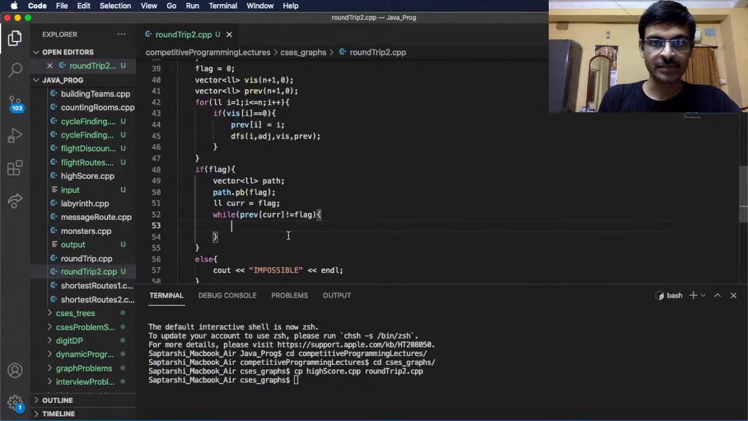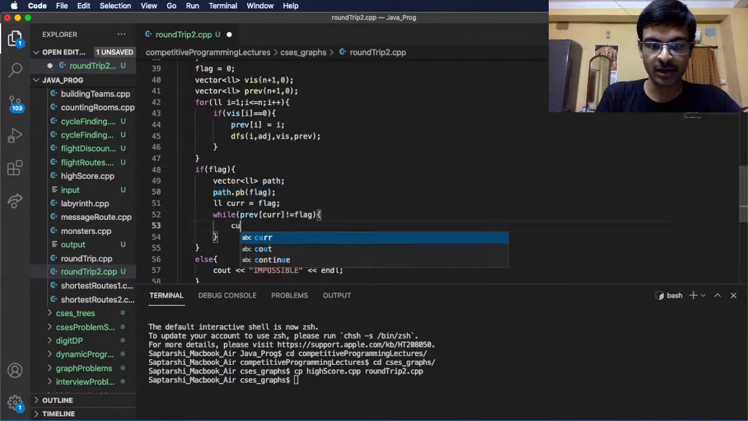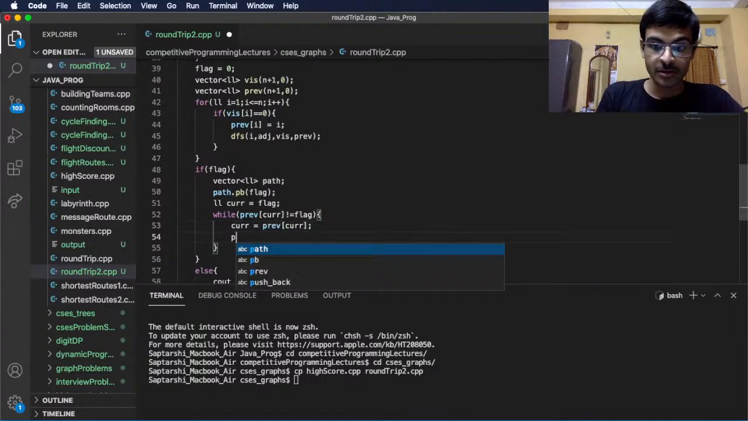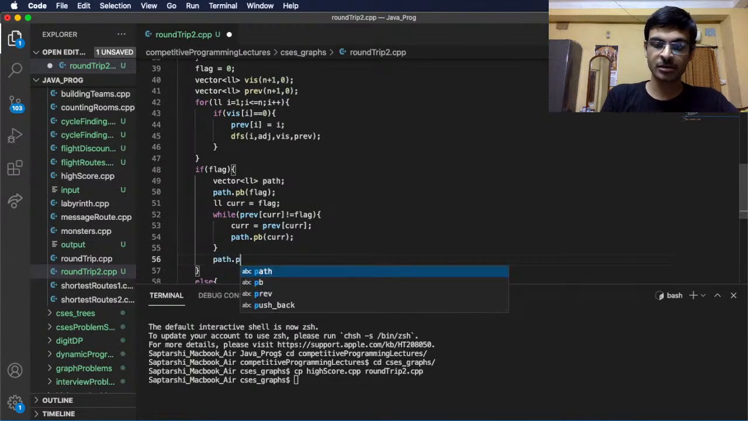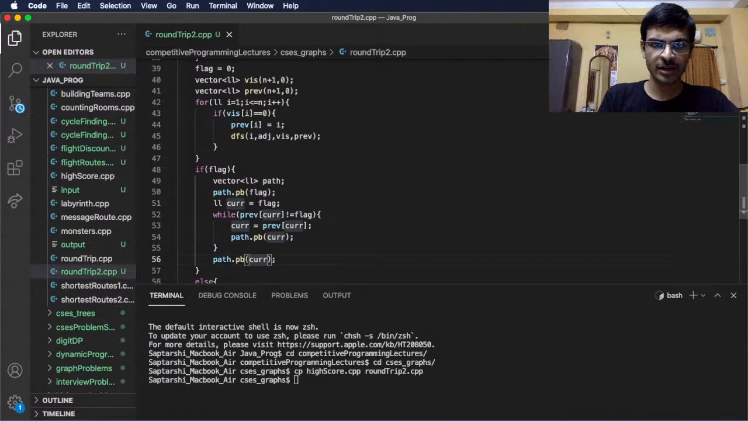We are going to write something like this: path.pb, or we can say car is equal to prev car and path. Okay, I think we can mention car over here. Then we can say that we have got it. At the end, just the opposite thing, pb car. Instead of car, we can also say